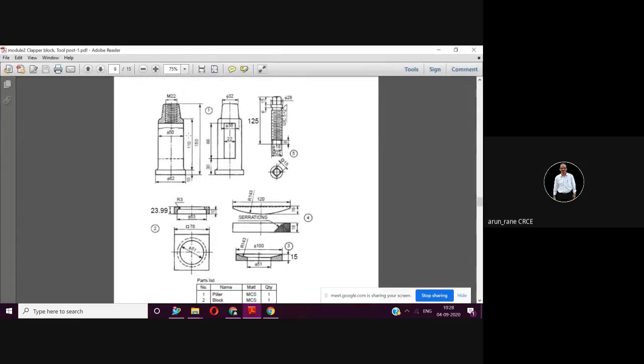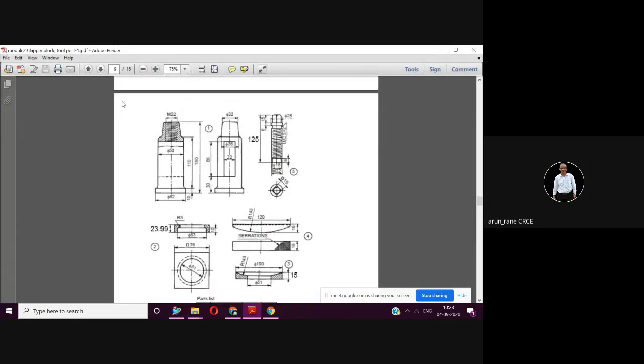See, first we'll take this pillar so that it will be easy for you. This is your pillar. Then on this pillar we are going to fix this block. So that means this pillar is going from here, and this diameter 62 is going to match with this diameter 63, and this 10 is going to match with this 10. All right. So it comes up from this block.